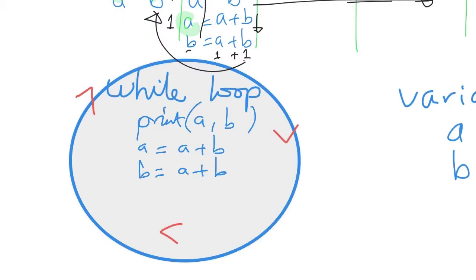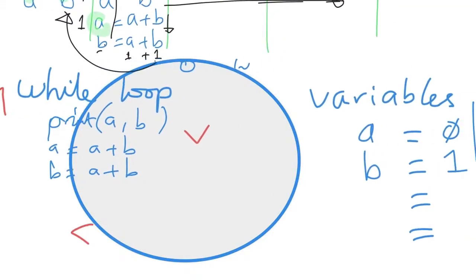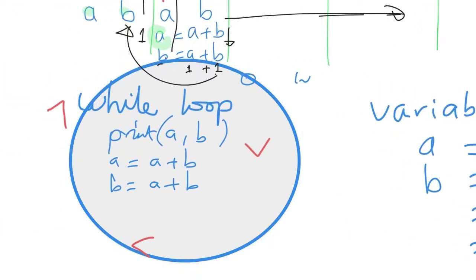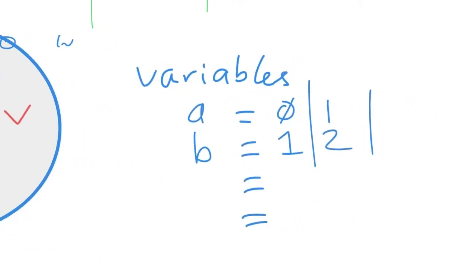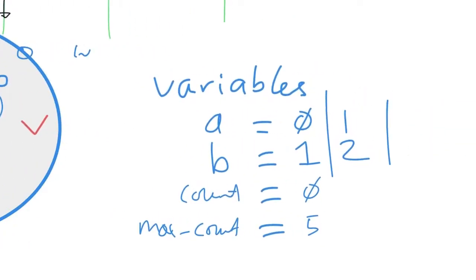So what we want to say, the most simple way of saying it, is while we're counting from, let's say you count from 0, and we want to go up to 10 numbers. So we need 2 more variables to use here. So what we can do is say, okay, let's have an initial count variable of 0, and let's have a max count variable of, say, 5. I'll tell you why 5 and not 10, because what we want to happen is